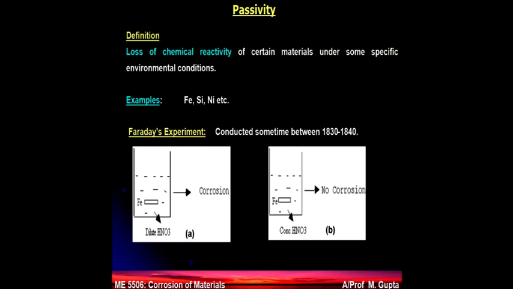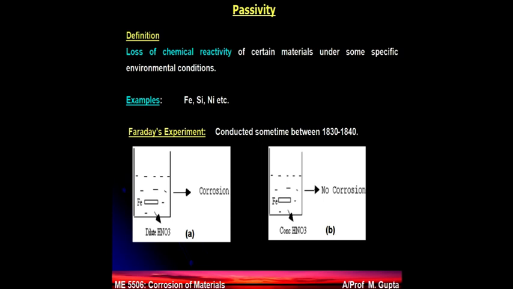Passivity is defined as some metals losing their reaction ability with the environment. Normally they react, but some of the elements lose their ability in certain environments. That phenomenon is known as passivity. It is exhibited by metals like iron, silicon, nickel, and many more elements, but not all elements exhibit